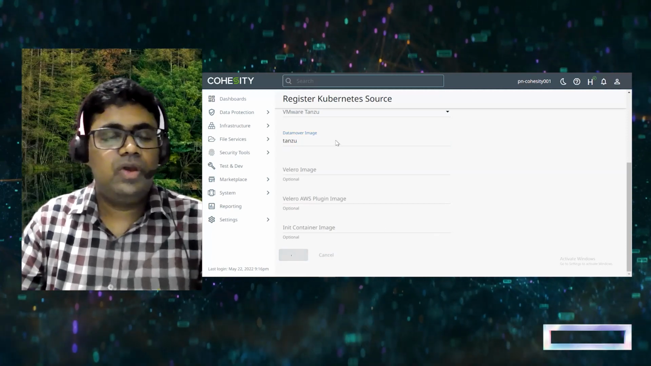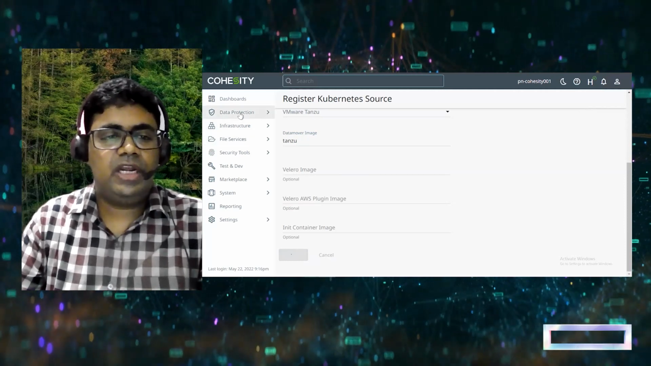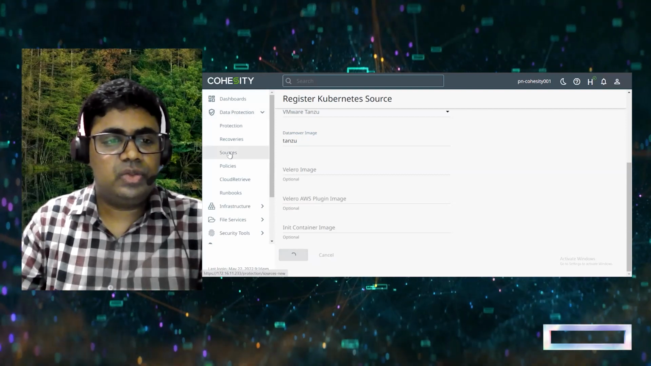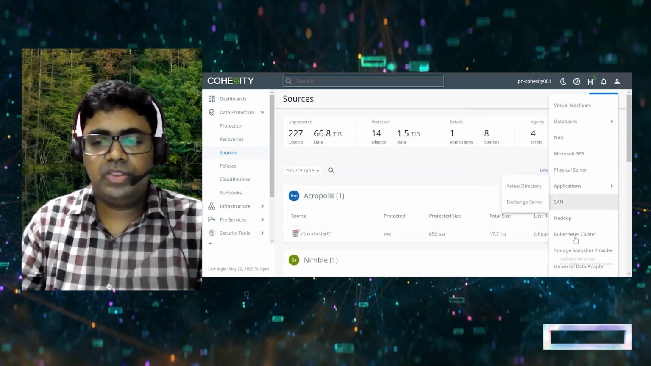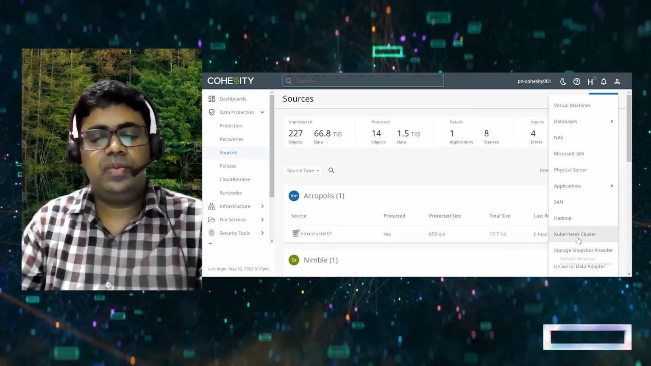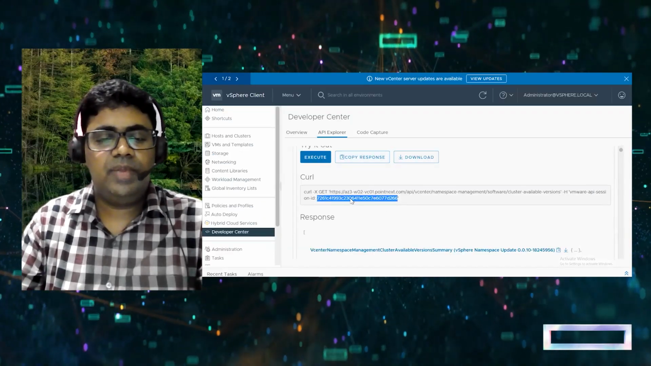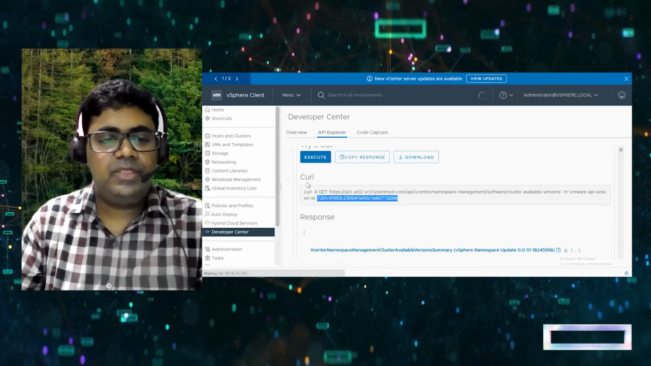So this is how we can register the Kubernetes source in our Cohesity data protection level. I will show again. Go to the data protection sources. Under register, we can add multiple sources. Just now we verified the Kubernetes cluster, which is the Tanzu Kubernetes cluster. For the Tanzu Kubernetes cluster, the key part is that a bearer token is needed, and we also need